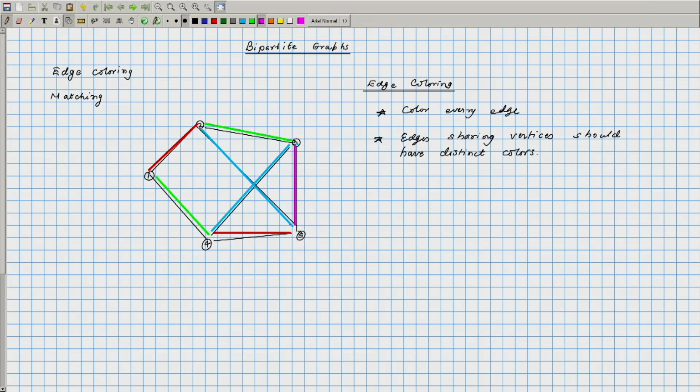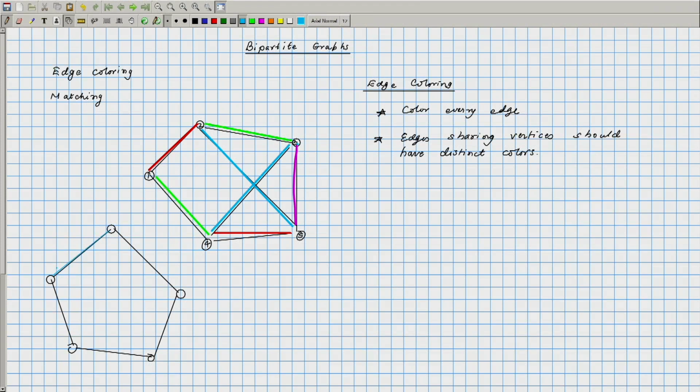For example, we could take just the C5 cycle. In the example that we had considered, it is not clear that we require 4, maybe there is a coloring which requires just 3, we can think about that, but we can construct examples where the max degree of the vertex is not sufficient. For example, if we took this particular graph, this is the C5 cycle, the degree of any vertex is only 2, but we can argue that 2 colors will not suffice to edge color this graph, because we can without loss of generality assume that